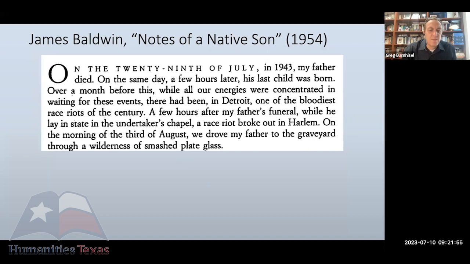The concern with time and the concern with the sequence of events. The author here, Baldwin, wants the reader to be thinking about time and the sequence of events. The sentence structure here is repetitive. We have five sentences, each one beginning with a prepositional phrase referring to time and events in time that point to him: on the 29th of July, over a month before this, on the same day, a few hours after,